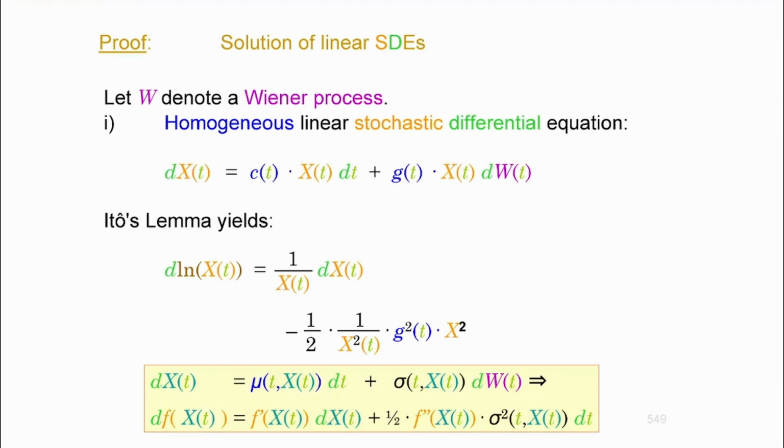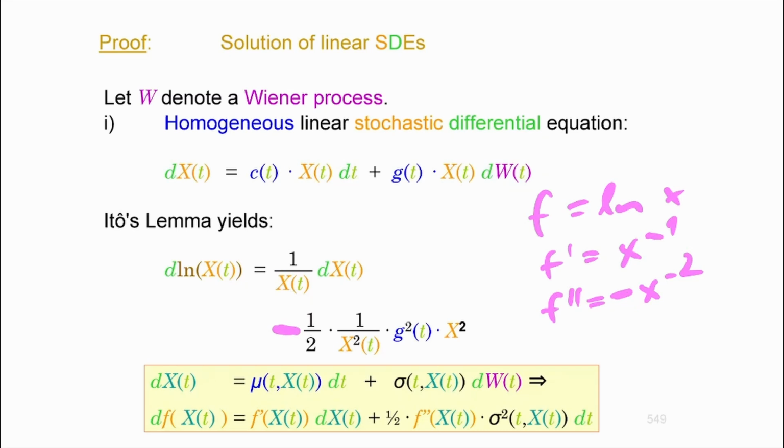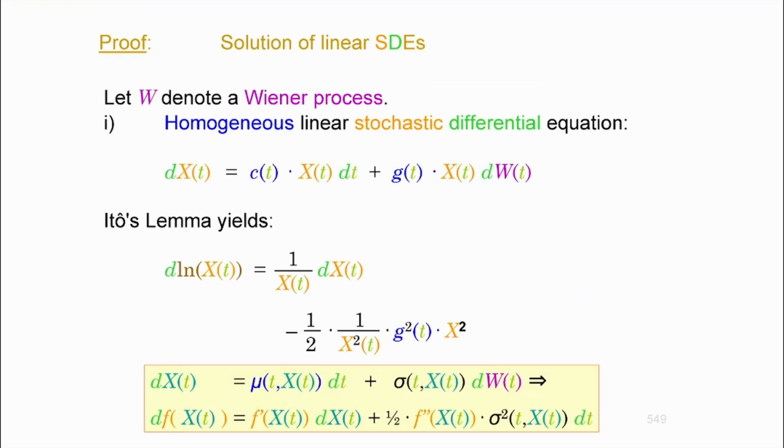Again, let me recall. If the function is a logarithm, its first derivative is x to the power of minus 1, and its second derivative is going to be negative x to the power of negative 2, which is negative 1 by x squared. That was it. All right, I got it right. So this is the reason why the sign had changed here, because the second derivative actually has the minus 1 as a factor. So I was already changing that. And then you have the square of the diffusion, and the diffusion is here. So this is going to be its square.